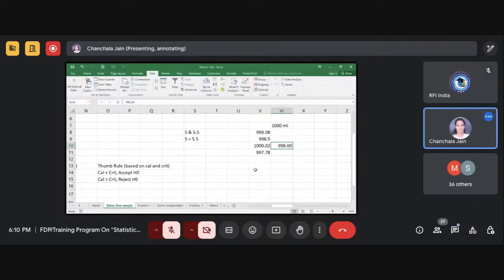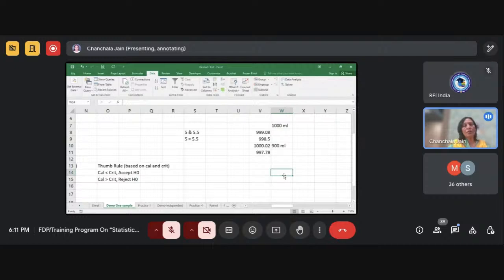Okay. But I think I will not reject the claim. Does it matter for me, this small difference in water? Mathematically, the numbers are different, but statistically we need to see whether I need to take a strict action for such a thing or not. So I think we can say this mistake is coming by chance. The person has not done it intentionally. If suppose this average is coming 900 ml, that way it is a concern. We need to find that there is some problem in the manufacturing process or something.